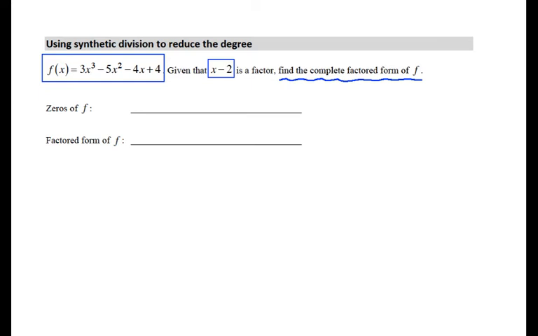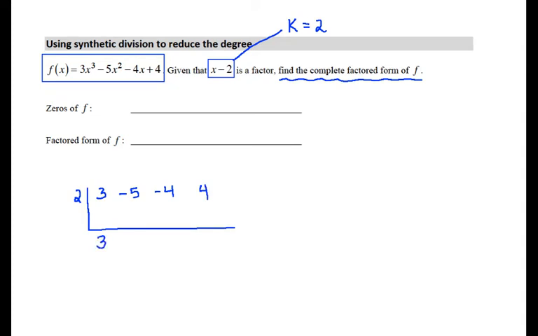So what we're going to do is use synthetic division. If x minus k is the factor, then k is the 0, so k in this case is equal to +2. I'm going to use synthetic division with +2 and the coefficients of this polynomial